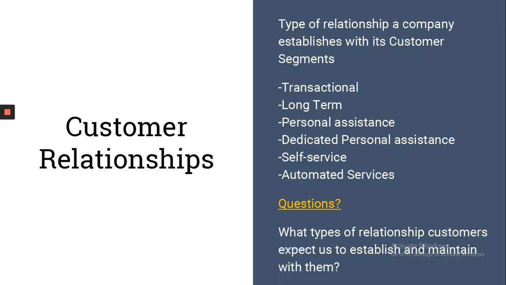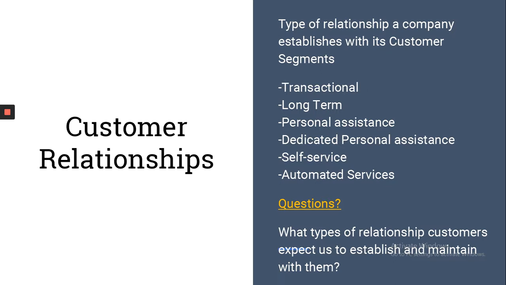There are different types of relationships that a company can keep with its target customers. One type is the transactional, which you have probably seen when you're on the motorway, or buying something at the airport, or you just go to a shop, buy a thing and go away. You do not go back, or you go only once in a while. So that is the transactional. There is no need to build a relationship with those people.